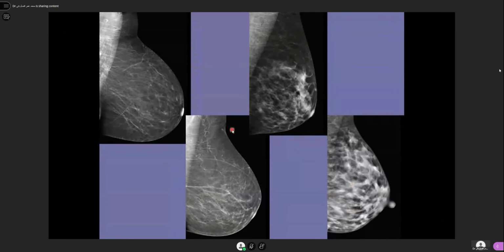So these four images are showing you the involution of the breast tissue from fibroglandular to fatty breast. You can see this must be a young female. There is more fibroglandular tissue, and with the passage of time, here it is localized. Here it was completely fibroglandular tissue, here it is localized, then it becomes scattered, and later on it becomes completely fatty breast. There is more fatty breast tissue here as compared to these three images.